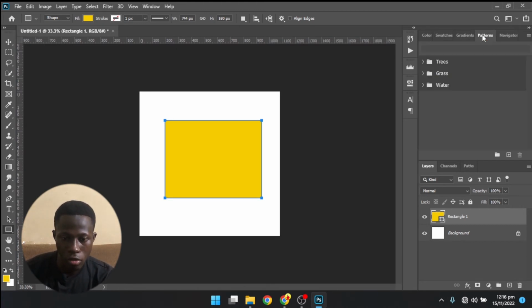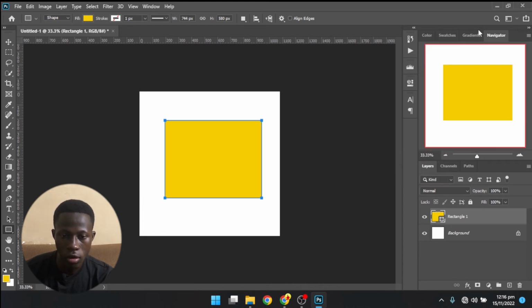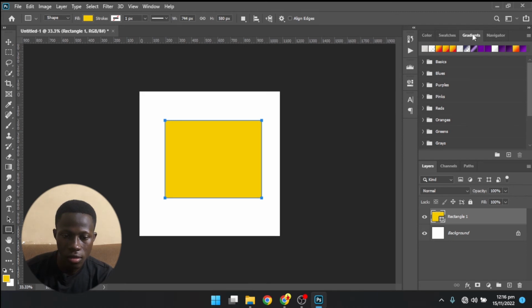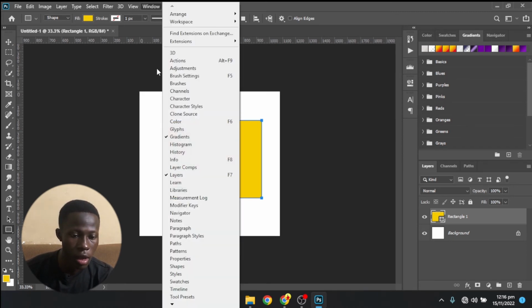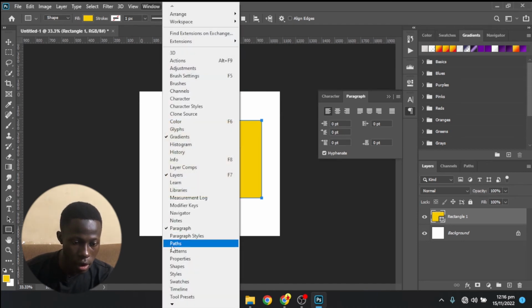What I don't like to have is my patterns, so I'll take my patterns out here. It's not something I'll be using often. And even gradients, let's leave that for the meantime. I also go down again, and then I'll bring my paragraph. It's already there, so I have my